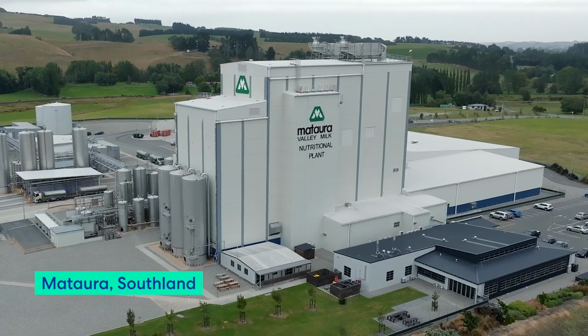This is a really important milestone and step forward for Mataura Valley Milk and the A2 Milk Company. So overall, it's a much cleaner facility. Southland's always been innovators and inventors. We don't like to take credit for it down here, we just get on with it, and that's exactly what